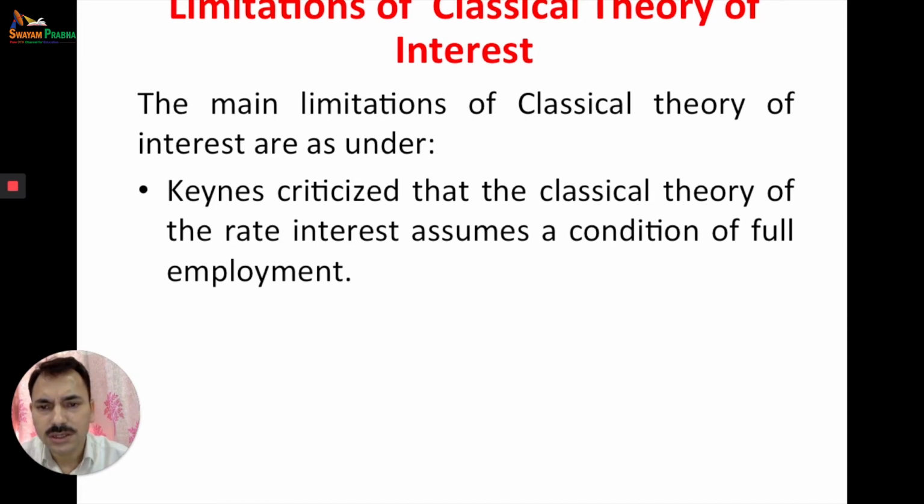You know that in case of the interest theory, here we assume full employment, means all factors of production are fully employed. Although full employment, I have told you that when a needy person should be needy. Second, he should be efficient, means he should be educated or he has some efficiency or training. And third one, the prevailing wage rate: he must get a job according to the prevailing wage rate in the market.